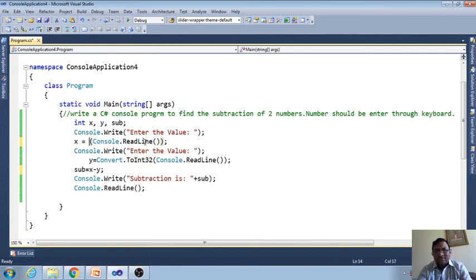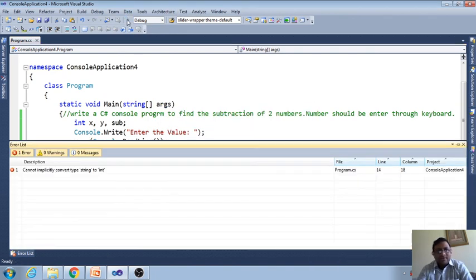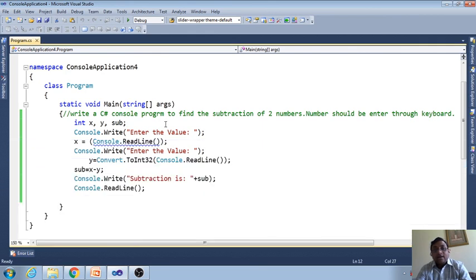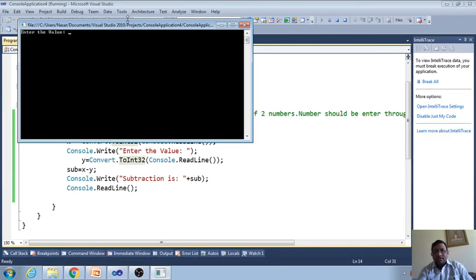Let us delete it and see. Is an error really coming? Run this program. See, the error is coming here: cannot convert type string to int. String, because the data we are giving is a string, and int means integer. So here we have to convert, compulsory. I told you about 32, 16 and 64, so do not forget this. Here the blue line is coming, but actually this is correct. If I run, I will get the result. This is not a problem.